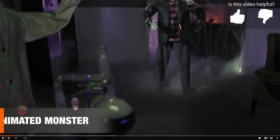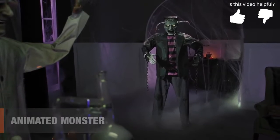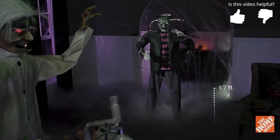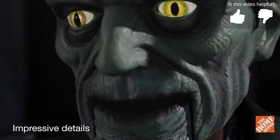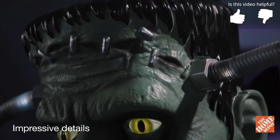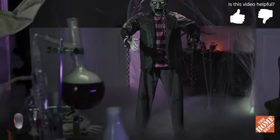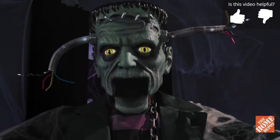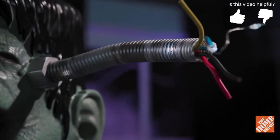This animated monster has broken free from his chains and is looking to wreak havoc in your neighborhood. This 6-foot monster is a towering terror. His hideous visage features the green hue, flat head, and stitches you expect from a classic Halloween monster. But he's also a real live wire, with spine-tingling cables that flicker and move as they jut out of his